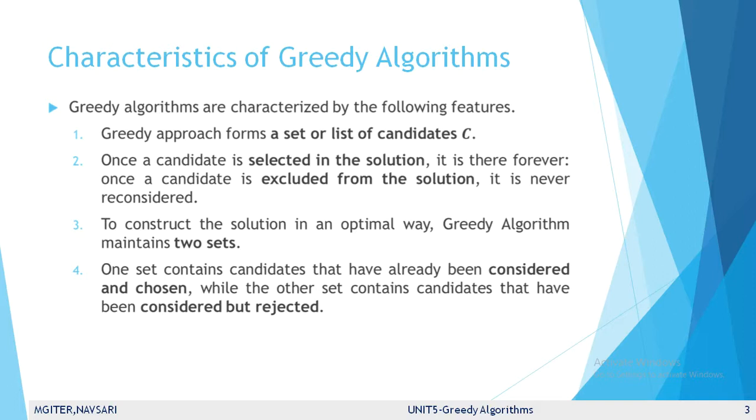Now we understand these characteristics with the help of an example. For example, we take a problem P. If we want to travel from location A to location B, there are many possible solutions. We can travel from A to B by walking, by bicycle, by car, by train, by aeroplane, etc. But the main constraint on this problem is to complete the journey from location A to B within 12 hours.